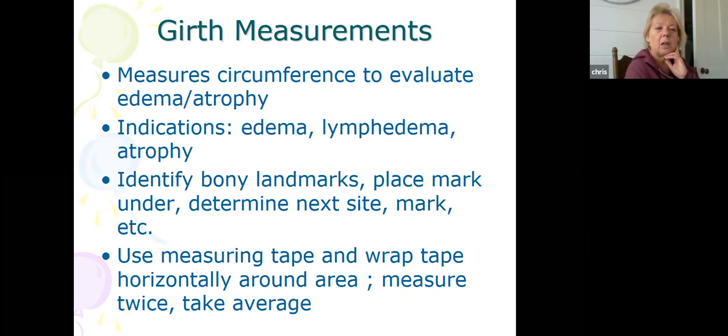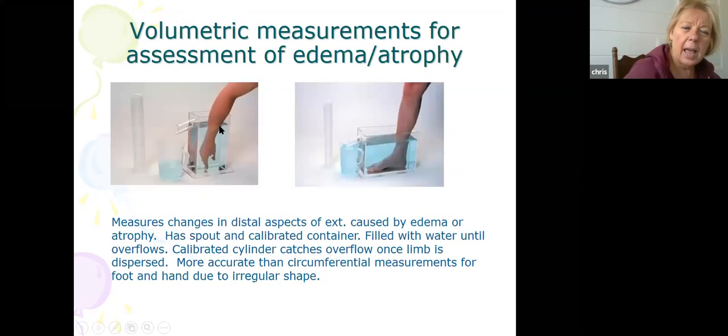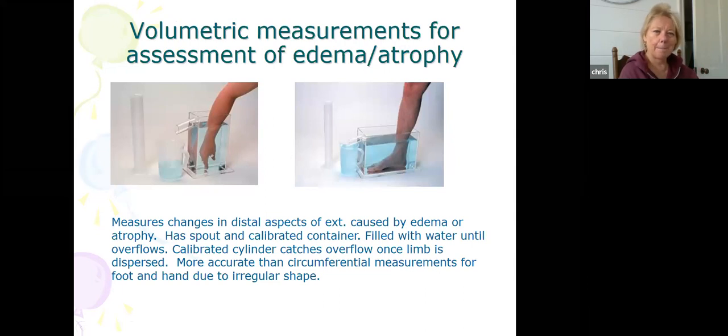You're going to use a measuring tape, wrap horizontally around the area. Measure at least twice. Sometimes you measure 3 times, you take the average, just so that you decrease error. However, if you're working with a patient that has irregular surfaces, such as a foot or a hand, you